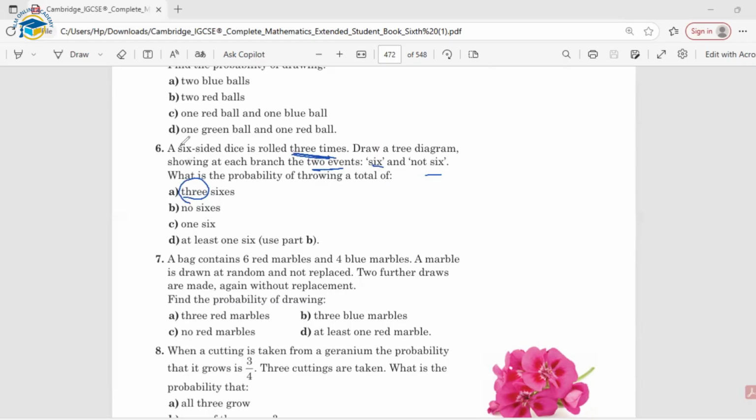Here as well, they're saying the 6-sided dice is rolled 3 times. It means that we need to go up till the third branch. Okay, but the possibilities will be only 2. Okay, so question number 6,